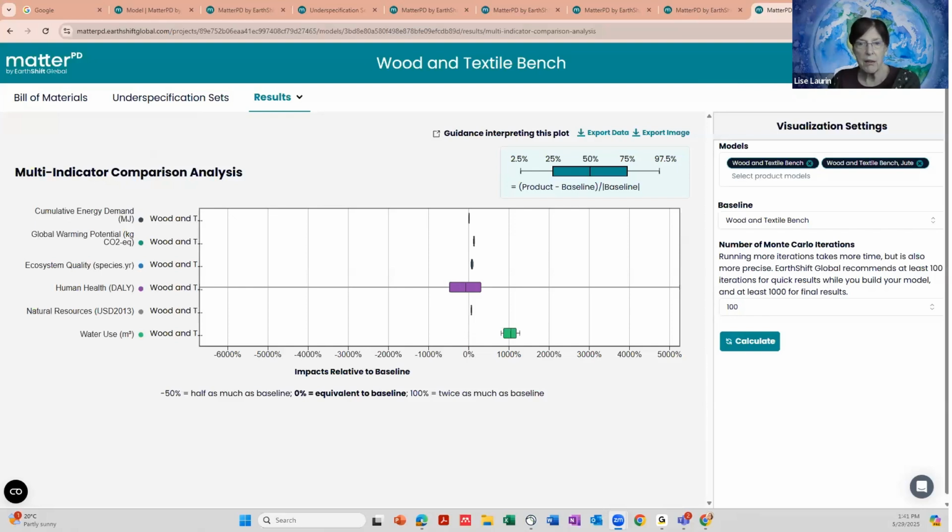But if you look at most of the other categories, you've got above a 95% confidence interval, because that entire bar, including the whiskers, is above zero. So you've got essentially a 95% confidence that your jute is better. I hope that answered your question. If not, please put more detail in your question.